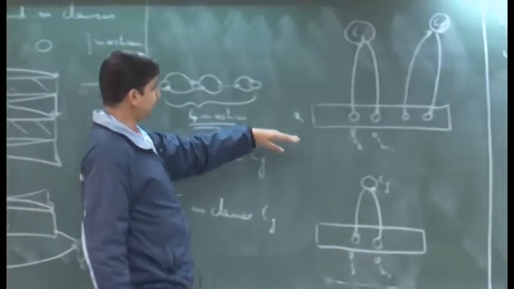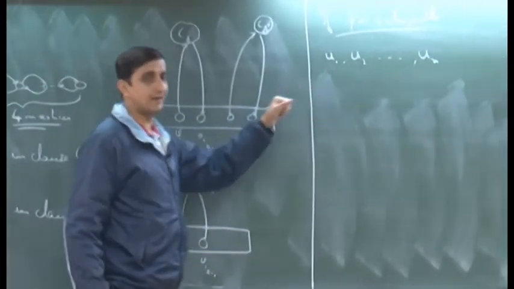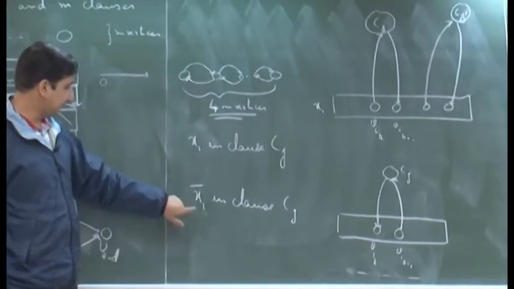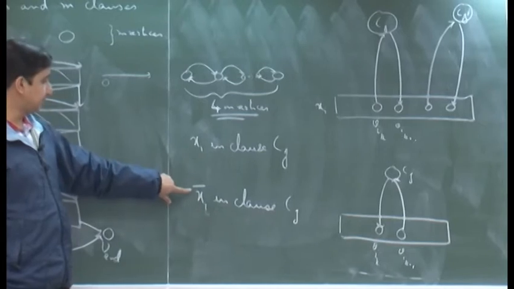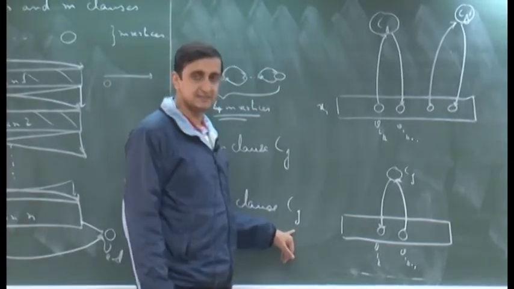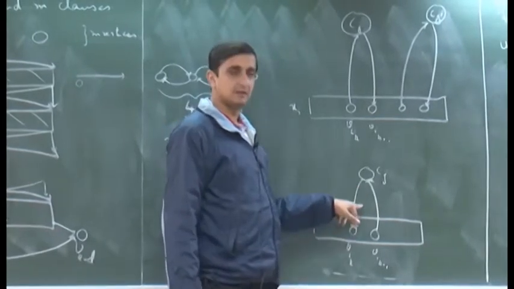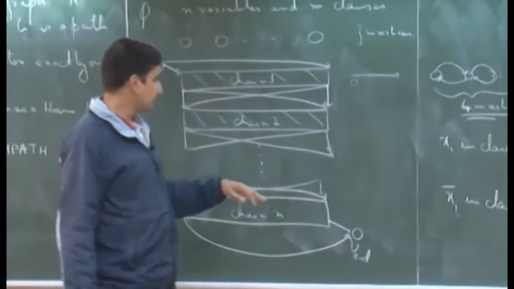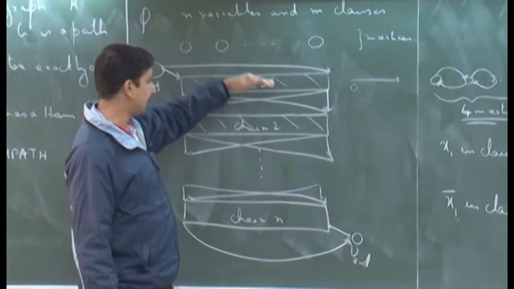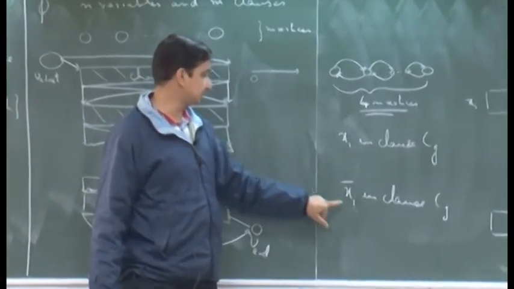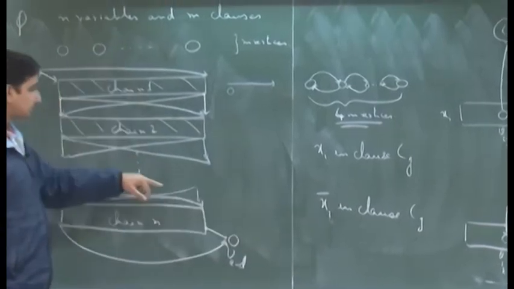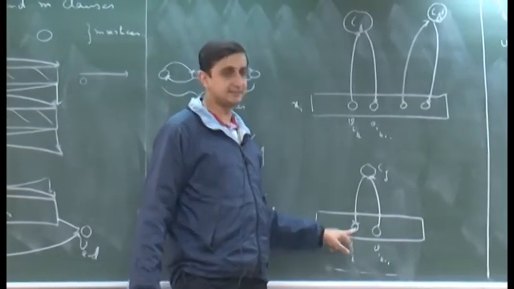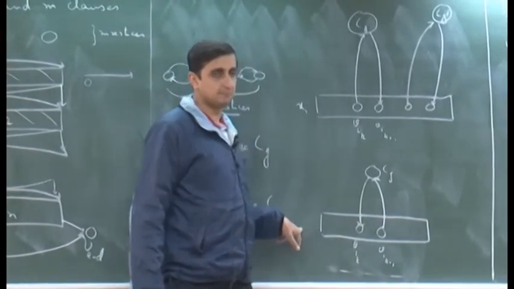So, if a variable got a value 0, and the literal x I complement got satisfied in some clause C j, then we have these two edges connecting C j to the ith chain. So, if C j got satisfied by the ith variable using a literal of this form, we just traverse it from right to left, and when we reach V I k plus 1, I just take these two edges, come to V I k and then go ahead.